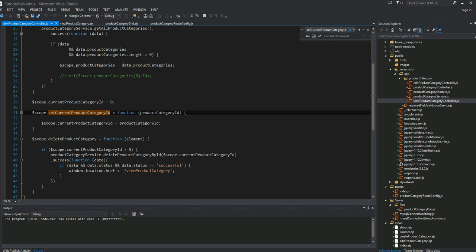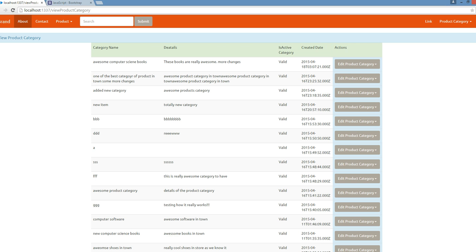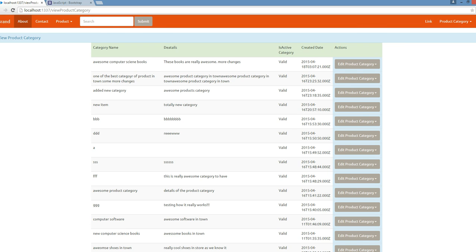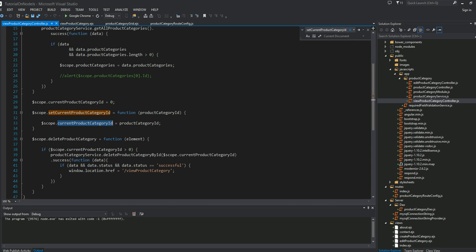And then when this method gets called, I basically set whatever the ID of that particular product category is into this variable. I need this one because I need to save it here into my scope so that when I click this button right here, I can have a reference to that ID so that I can delete it. Okay, that was the whole point of this one. Okay, once that is done,